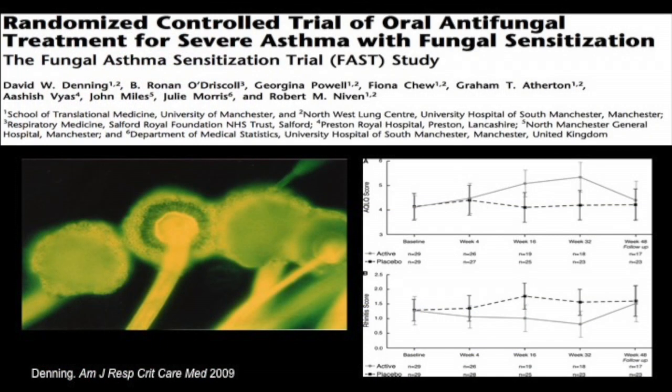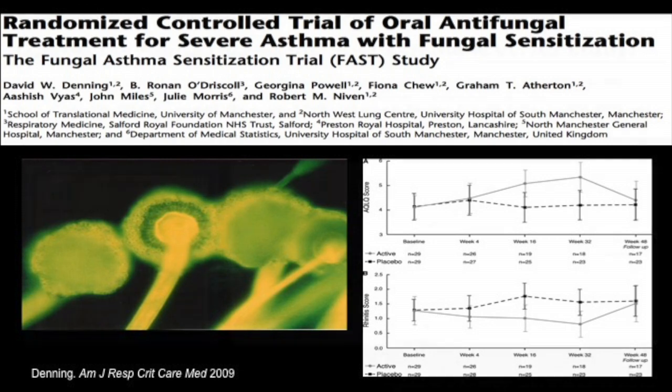So we know that you can treat ABPA with steroids and itraconazole. You can see the fungus, therefore you need to get rid of it. It stands to reason. You don't need to have a degree to work that one out. The concept was then what to do about these patients who don't have ABPA but are just allergic to fungi. What happens if you treat them with itraconazole? Do they get better? Does their asthma get better? And so that was attempted in this landmark trial 10 years ago from Dave and Rob Niven. They used asthma-specific quality of life as an outcome, and over 8 months they found that there was an improvement in asthma-specific quality of life.